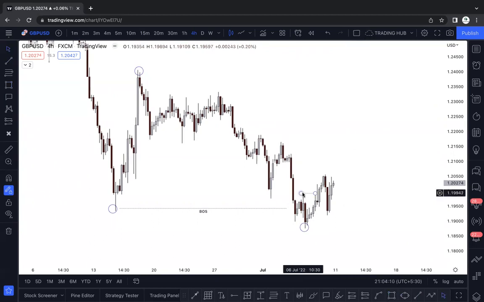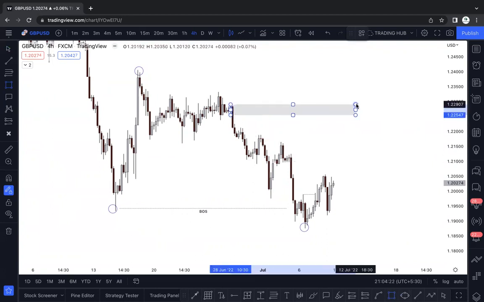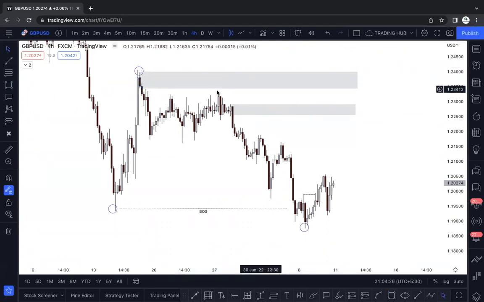First, after taking out the first high, we can sell. If the market closes below, we have a chance for the sell. And some people mark this as an order block, this one as an extreme order block, and this one also as an order block, because this is engineering liquidity. But remember, if you are waiting for the mitigation of this move,